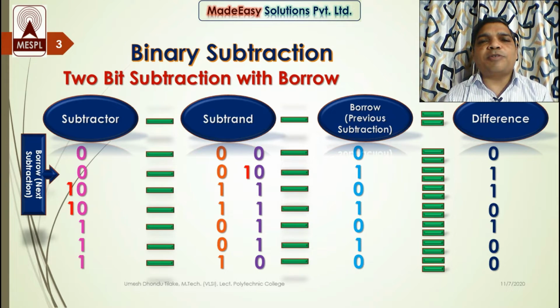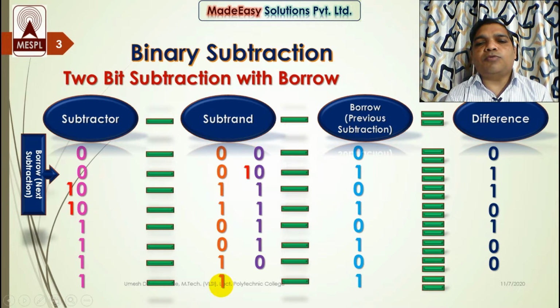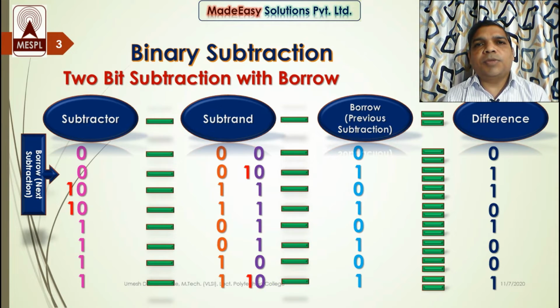Now our final possibility is 1 1 1. That means subtractor is 1, subtrahend is 1 and borrow given to previous subtraction is also 1. So first subtract the subtrahend from the subtractor. So 1 subtracted from 1, I will get 0 over here. Now subtract this borrow 1 from the result 0. Can I subtract? No. So take a borrow. Now place this borrow with the result. Now subtract 1 from 1 0. I will get the result 1. This is how we perform binary subtraction.